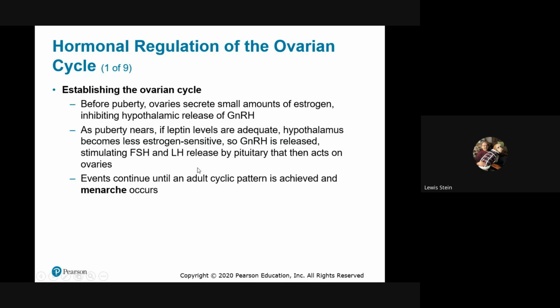I think that's really important. So as long as you have adequate fat levels, things are good. And we're able to go with this type of thing, stimulating FSH and LH released by the pituitary that acts on the ovaries. So it's a big point. That's how people manipulate in sport, figure skaters, how they manipulate gymnasts